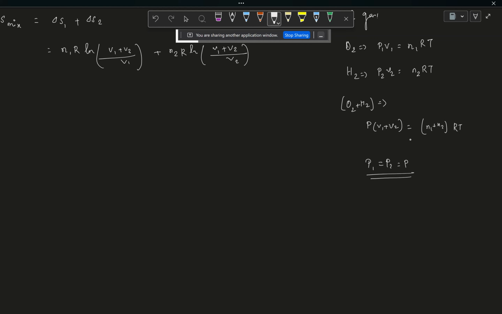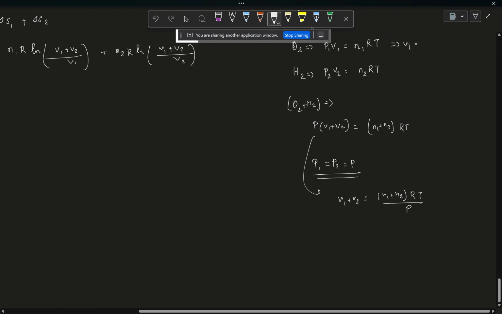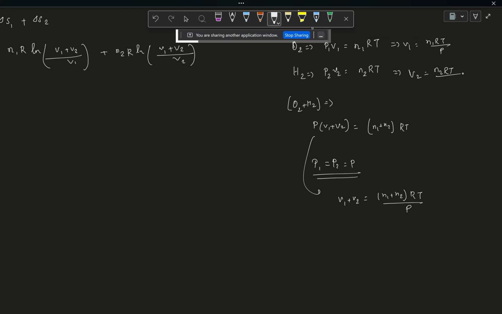So from there we can extract that V1 plus V2 is equal to (N1 plus N2) RT by P, and similarly from here V1 equal to N1 RT by P, and V2 is equal to N2 RT